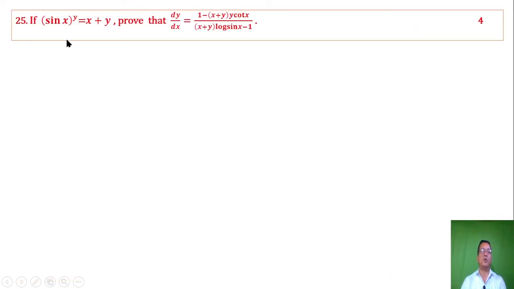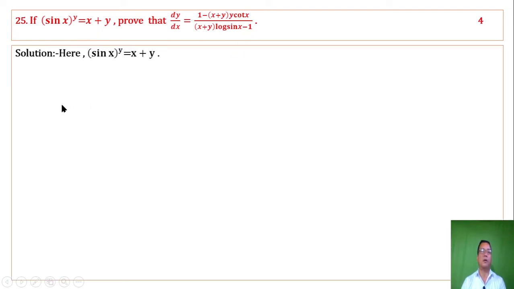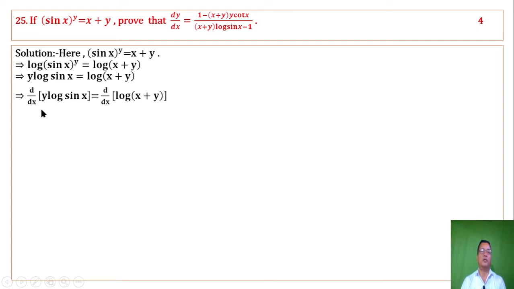If sine x whole to the power y equal to x plus y, prove that dy by dx equal to this expression. 4 marks. Taking log on both sides, we get this: y times log of sine x. Differentiating both sides with respect to x, we get